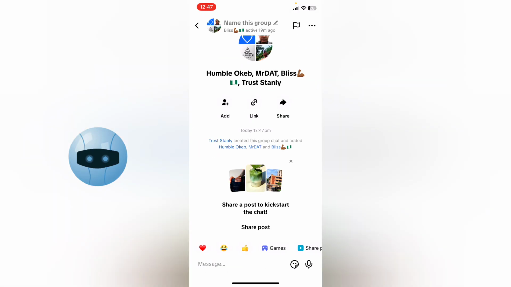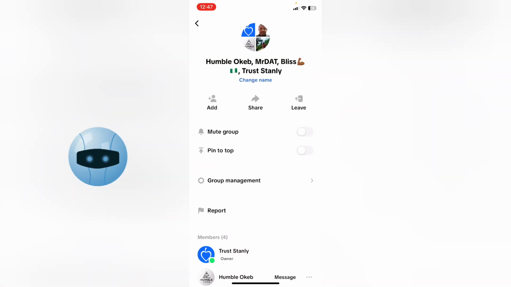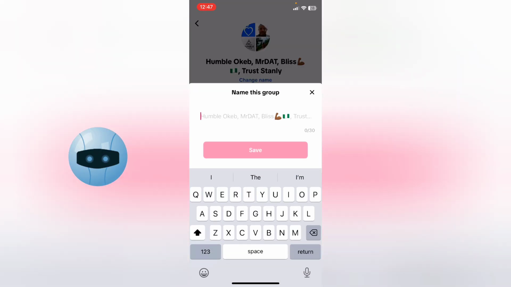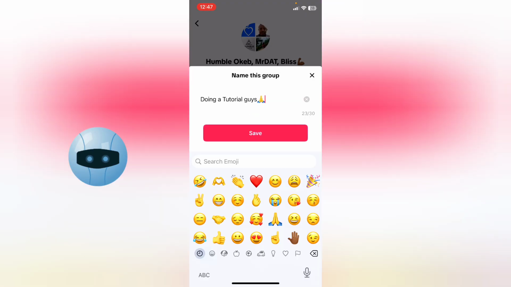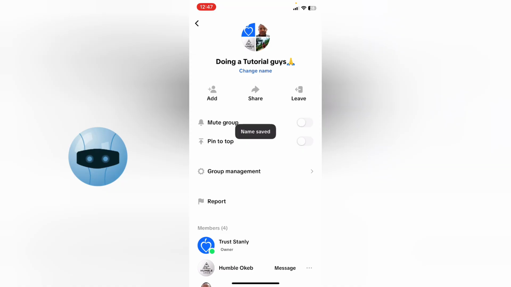Now your group needs a name. To give a name to the group, click on the three-dotted icon and you are going to notice where it says change name. You click on change name and then you're going to type a name. All right, and then I'm going to add an emoji. So these people already know me, so they are going to understand I'm doing a tutorial even though I did not